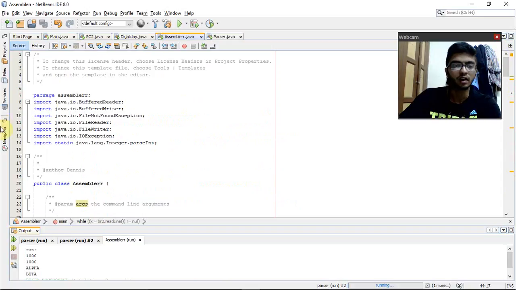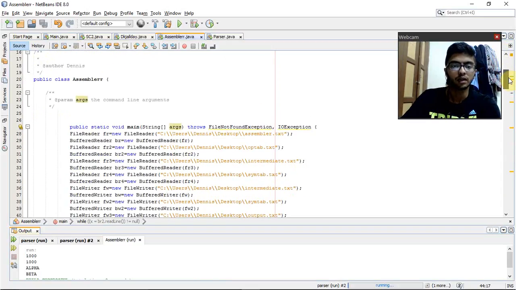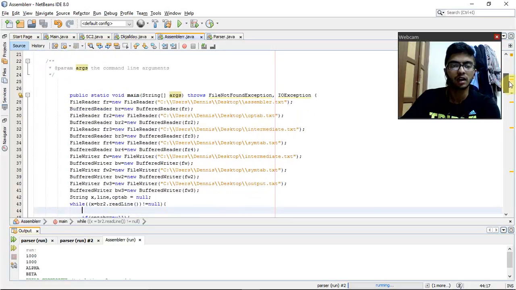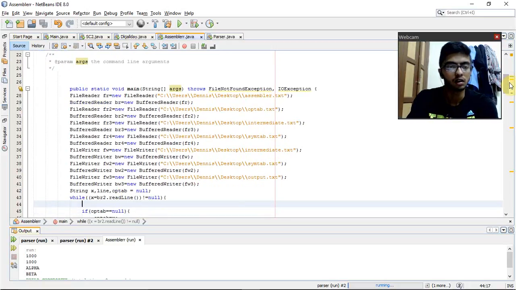Okay, first we have our header files here, followed by the main class. Inside the main class, we first input the files. We open and read the input file. We have a couple of input files here: assembler, optab, intermediate, symtab, likewise a symtab and output. So we read that into memory, into the input, and then the next step is to